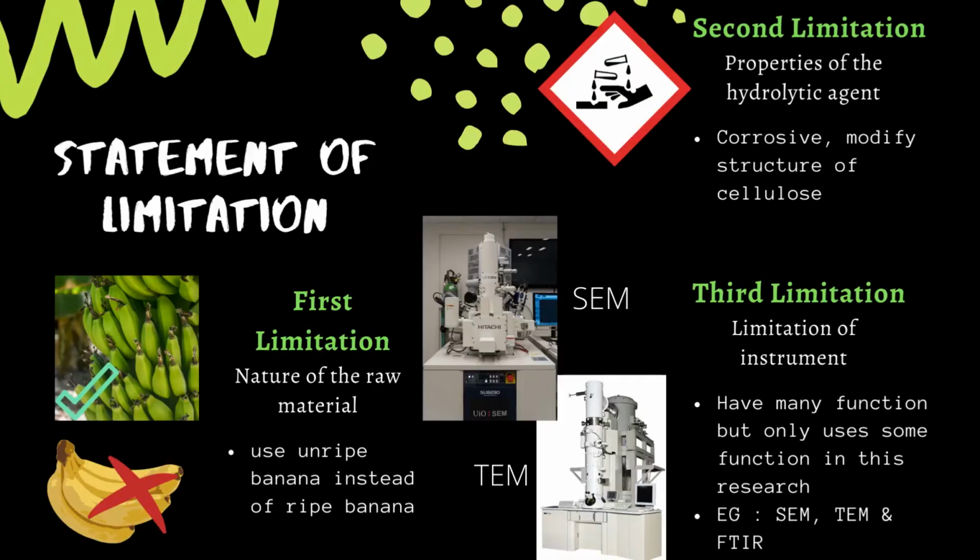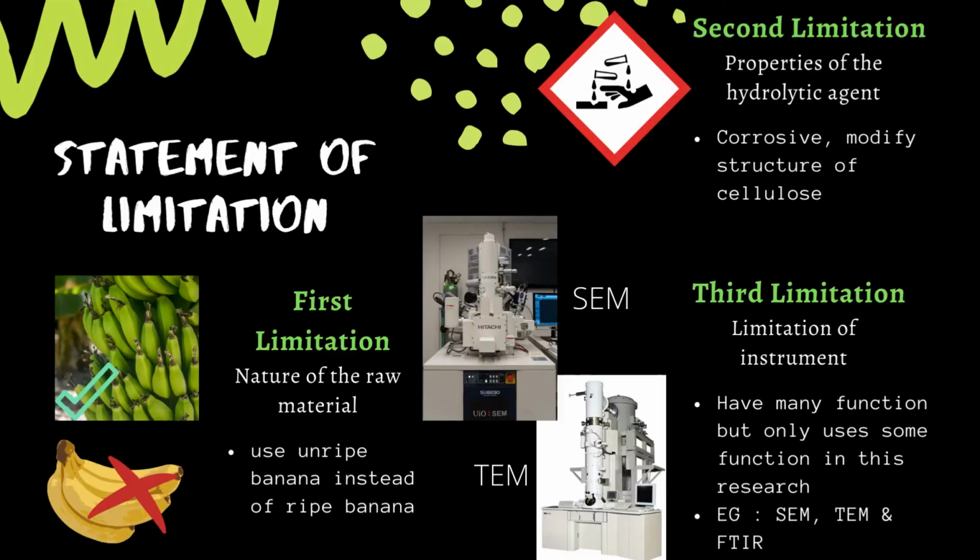Hello, my name is Irene, and I will be presenting the statement of limitation. There are 3 limitations in this research. The first one is the nature of the raw material. In this research, we will be using unripe banana instead of ripe banana. This is because enzymatic synthesis in the fruit itself occurs during maturation and thus partially degrades the cellulose